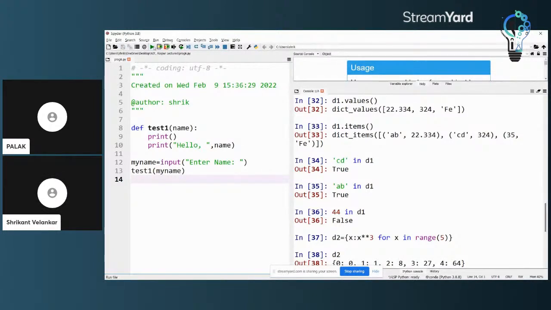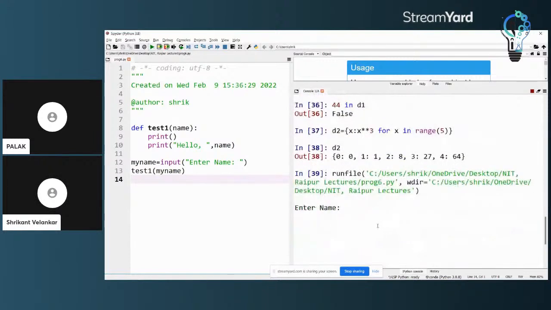So let's run this. It is asking, so I will write, say, my name is Shrikant. And you will see that it is saying hello Shrikant. So the function has executed. This is the way we can write functions in Python, and this lays down the very basis of creating all sorts of functions in Python.